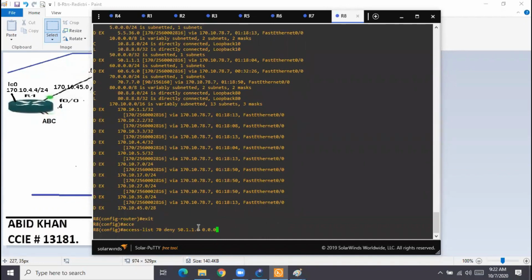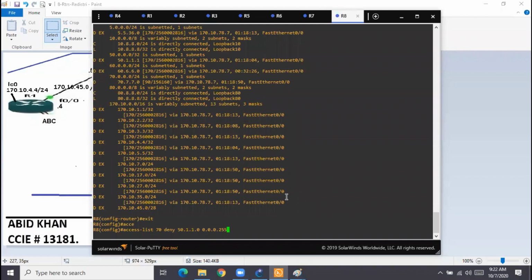Never put simple. Even if you are specifying a network, it is still better to put a wildcard mask. Make a habit, because for a network, even if you don't specify the wildcard mask, it will take the default, no problem. But then if you have this habit for subnets also, you might forget the wildcard mask. So whenever they give you some requirement, your solution must be as specific as the requirement.